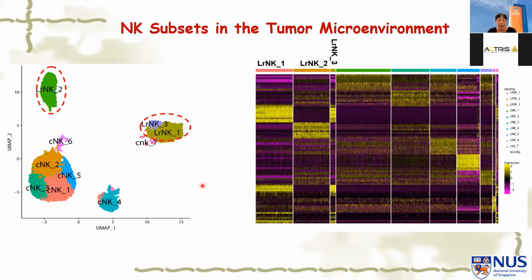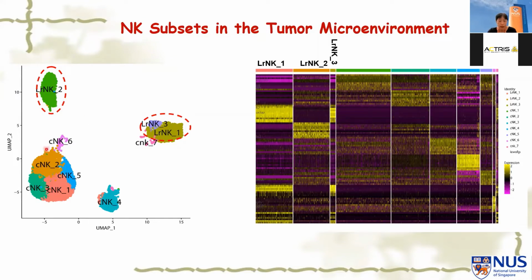And I think only when we understand better here, then we can try to design better NK cellular products for cancer therapy. So we did single cell sequencing, looking at all the NK cells in the tumor microenvironment. So of course you have conventional NK cells, and this is in the liver, in the liver cancer context in the mouse model. So if you look in the liver, there is a population called liver resident NK